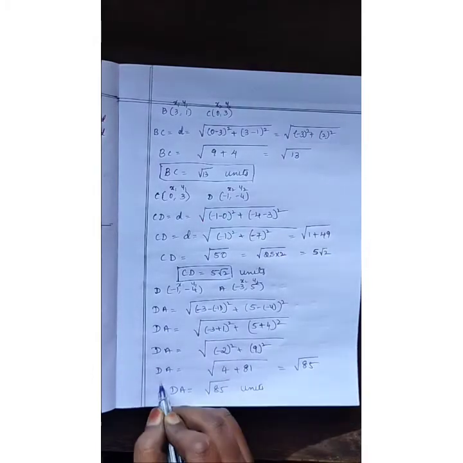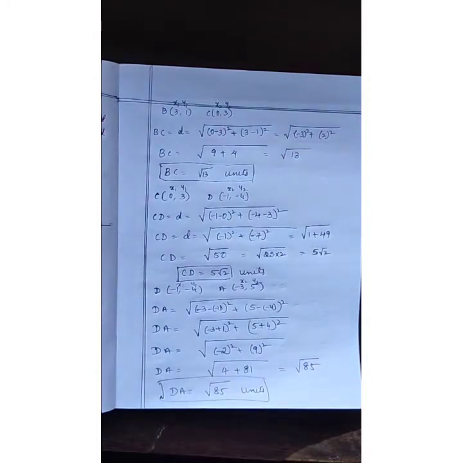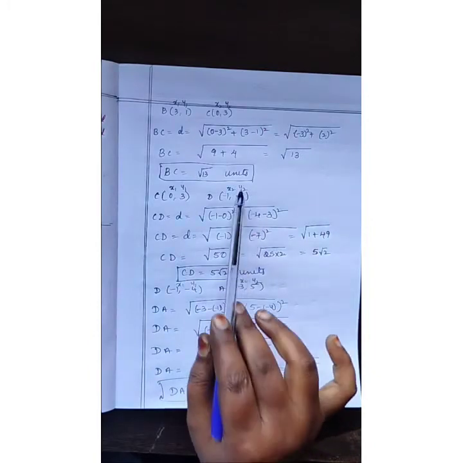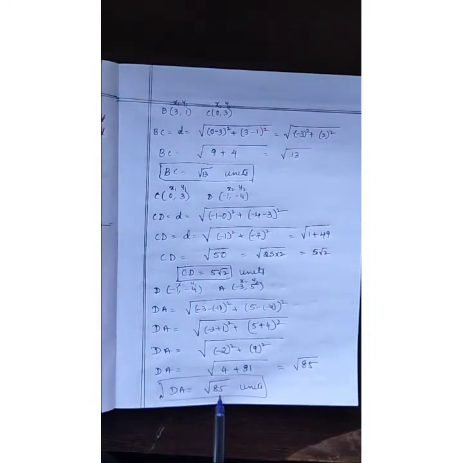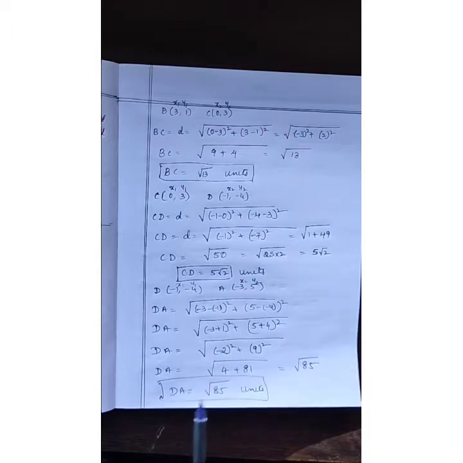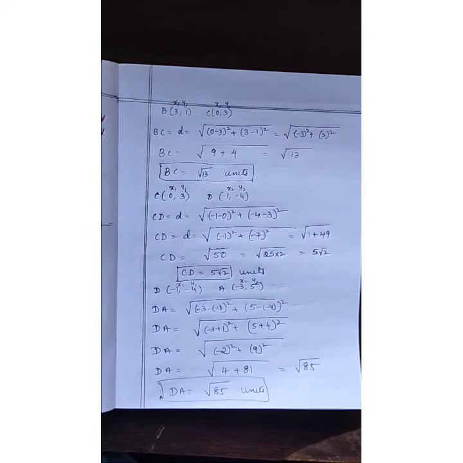Okay dear students, are you following? Here we got all the values. AB equal to 2 root 13, BC root 13, CD 5 root 2 and DA equal to root 85 units. It means that it is not a perfect quadrilateral. It is just a simple quadrilateral figure. It is not a square, it is not a rectangle, it is not a parallelogram. Why? Because here all values are different. Hence you write down one statement there.